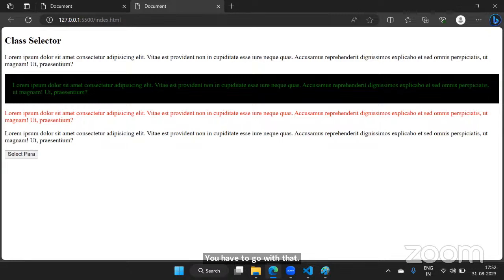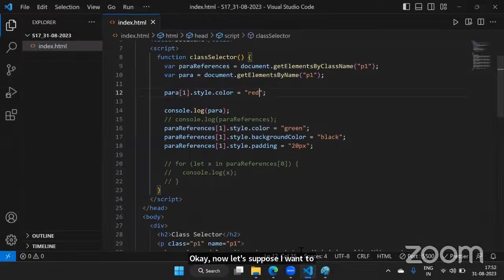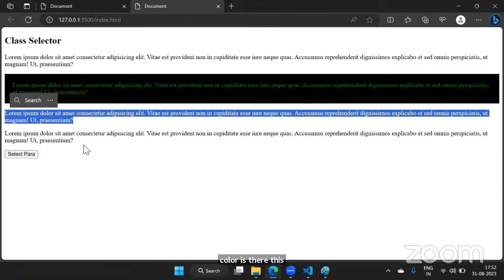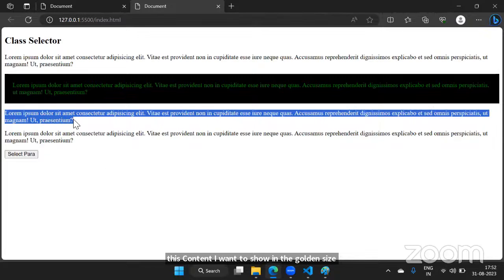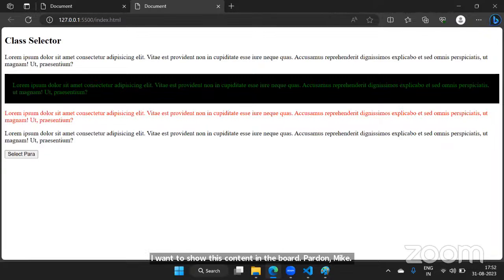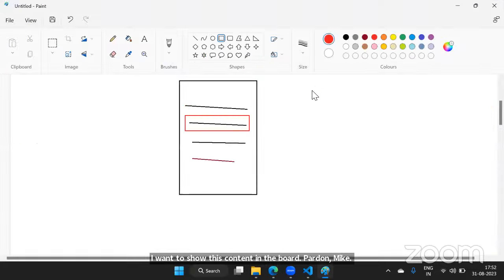Okay, now let's suppose I want to do one thing. This red color paragraph is there, right? This content I want to show in the bold format. So in your HTML, if you want to show certain content in the bold format, then you have something like